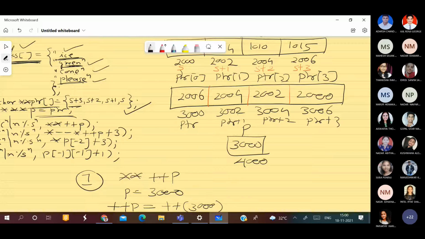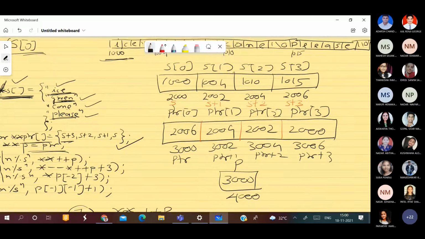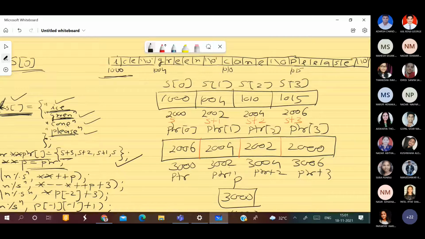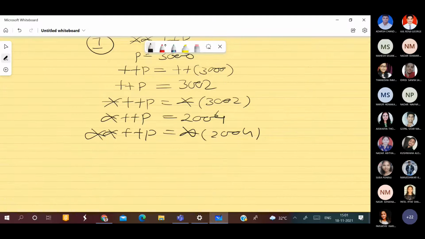What is star at 2004? Let us go to 2004. Where is 2004? This is my 2004. And star is what? 1010. So star plus plus P is 1010.